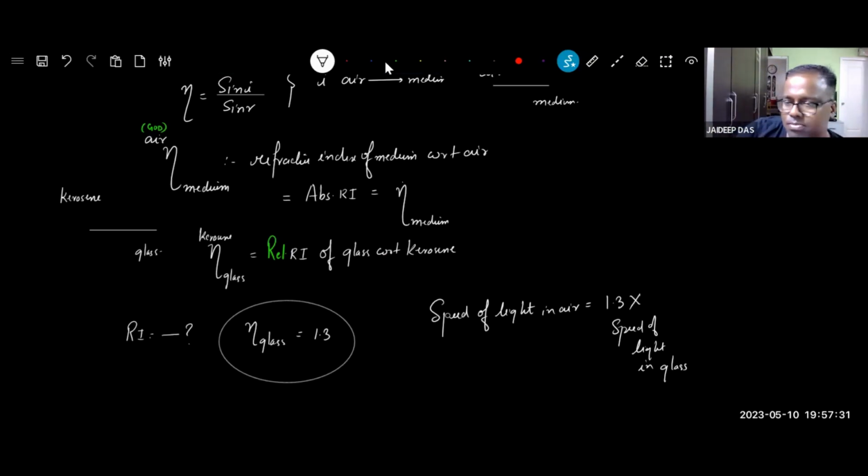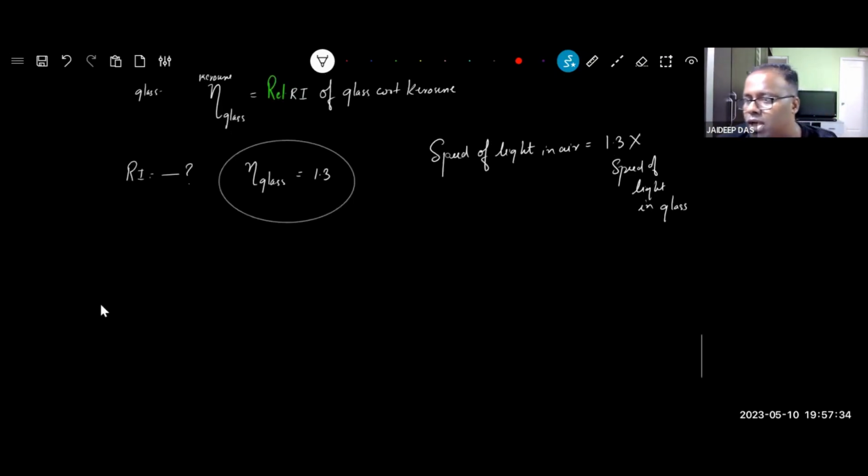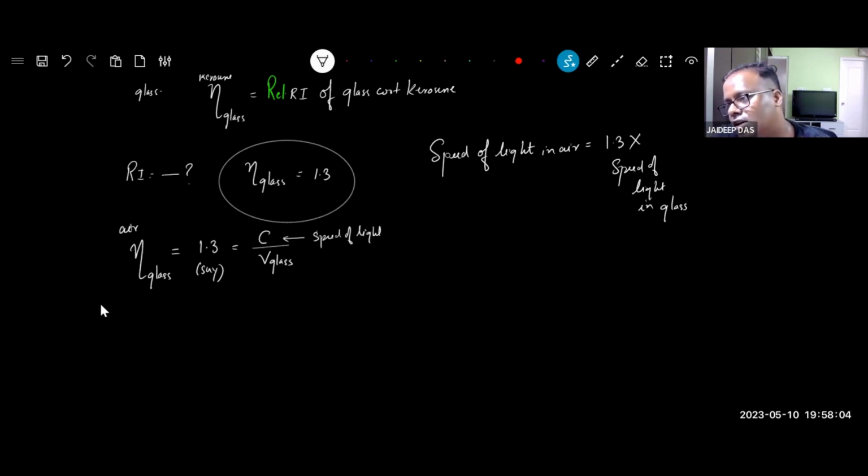ठीक है, तो कुछ ऐसे लिख लें अभी, देखो ईटा ग्लास with respect to air say is equal to 1.3, then it should be equal to speed of light in air by speed of light in glass। c हमेशा c denotes speed of light in air। अगर आप ये कन्वर्शन समझ गए तो आपने चैप्टर समझ लिया। यानी कि c की वैल्यू क्या आएगी बेटा, ये करके देख लो, भूलने का कोई चांस ही नहीं है, ऐसे पढ़ा करो, 1.3 टाइम्स v ऑफ ग्लास। आगे c से बड़ा कोई नहीं है, ठीक है ना। हैव यू अंडरस्टूड दिस थिंग।